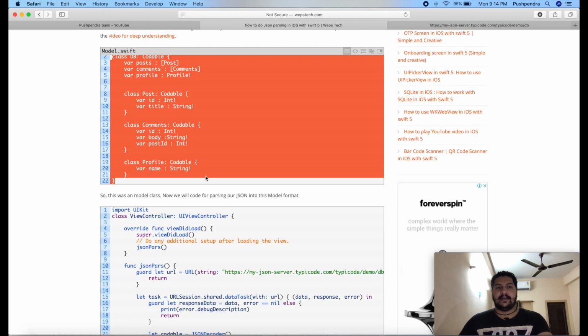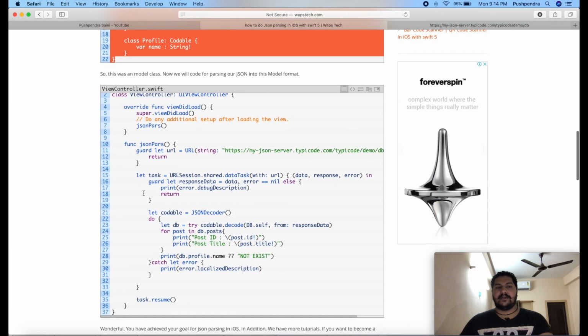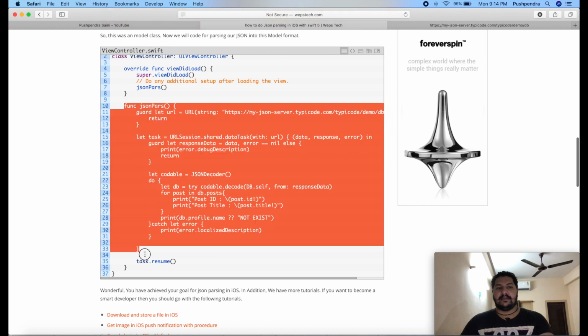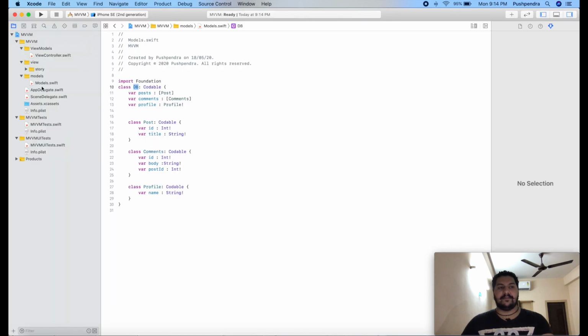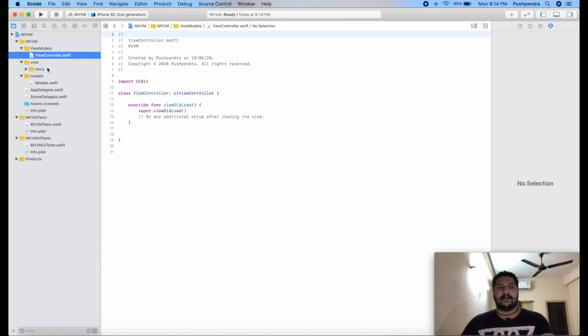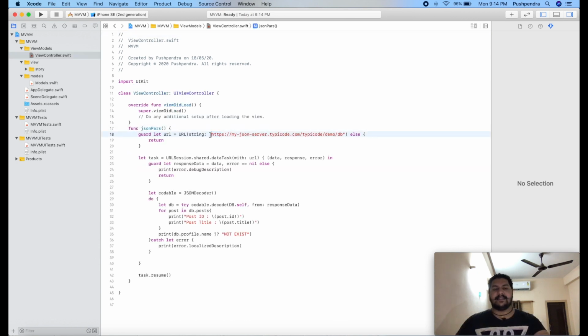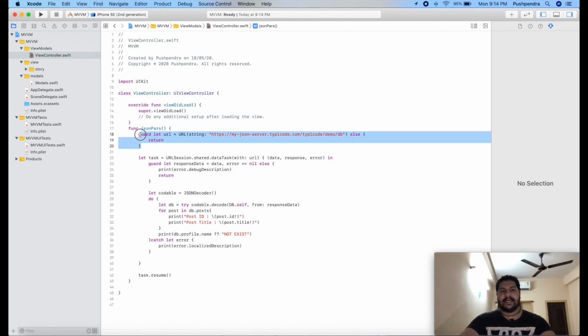And this is my view controller. Here I'll copy and paste this code inside my view controller. This is nothing, just a function. This is my complete URL. First I validate the URL, then second line as usual I run a URL session task.